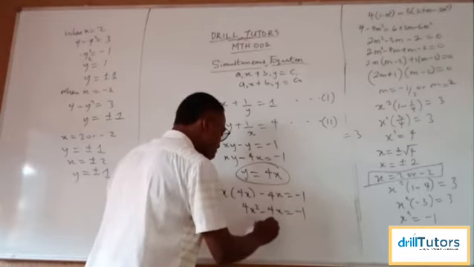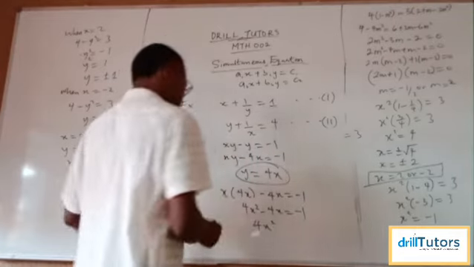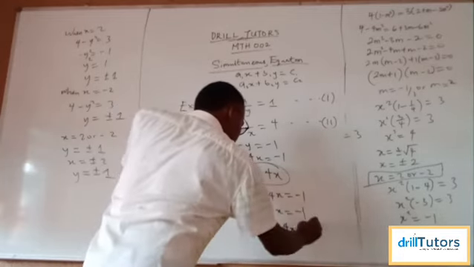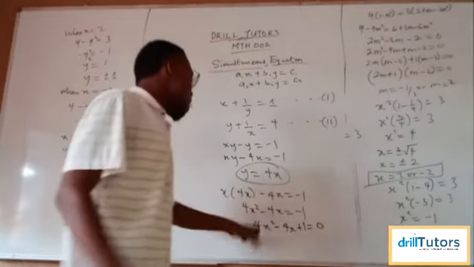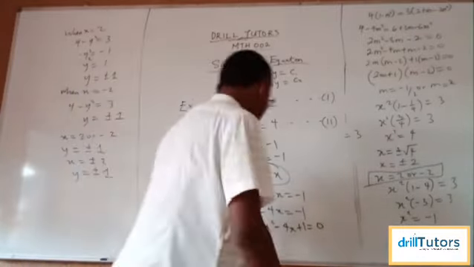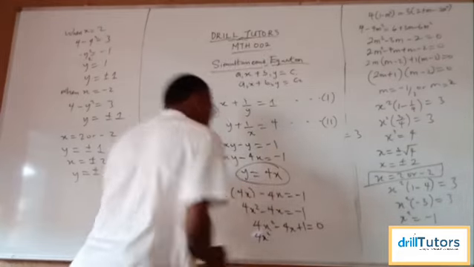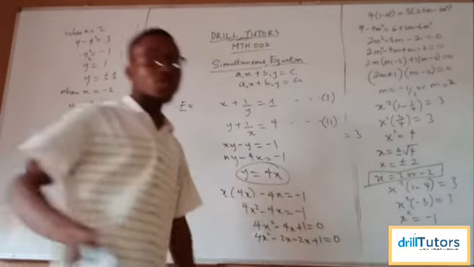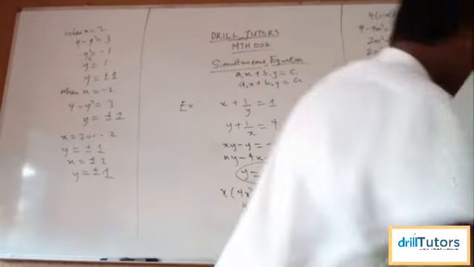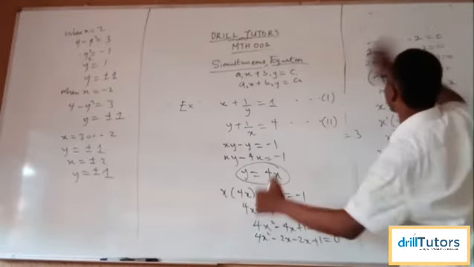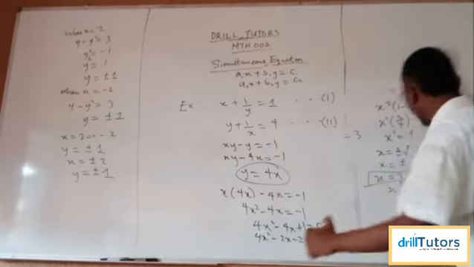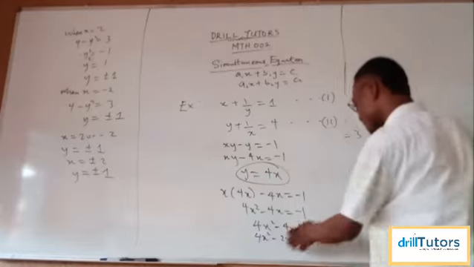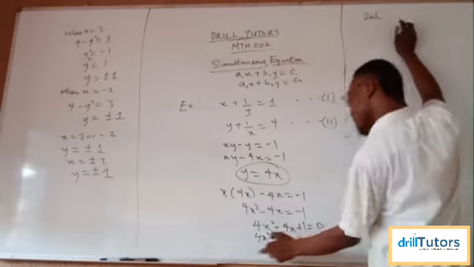And of course, 4x is common here. 4x squared, okay, we have 4x squared minus 4x plus 1 to be equal to 0. So what we have here is simply the same thing as 4x squared minus 2x plus 1 to be equal to 0. That is simply the same thing as what? As 2x, because 2x is common there, into bracket